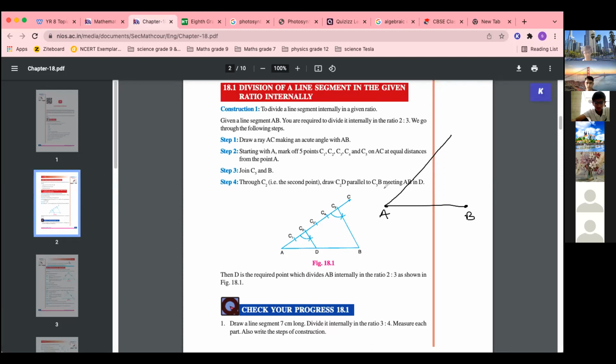Then take a compass. And what is written? The ratio is 2:3. So what we'll do? 2 plus 3 is equal to 5. Take compass, put the pointed end over here, and with the pencil, equal 5 arcs we'll draw. Means from here you will draw one arc over here, put the pointed end over here, another arc of same length. Don't change the length of the compass.